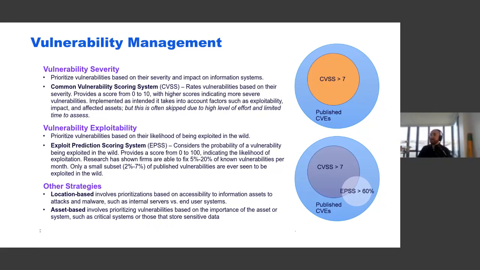One of them is the vulnerability exploitability scoring system. And this considers the probability of the vulnerability actually being exploited in the wild, which again adds a little bit more data. So then you can decide, how am I going to prioritize my resources to remediate in the best way possible? Other strategies include location-based prioritization and asset-based prioritization. There are other ways, but we're just presenting this to you again to have the approach of what other data pieces can I use to make it more data-driven, or what is a common process here.